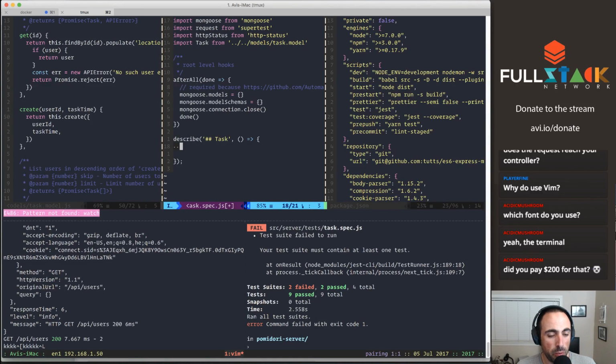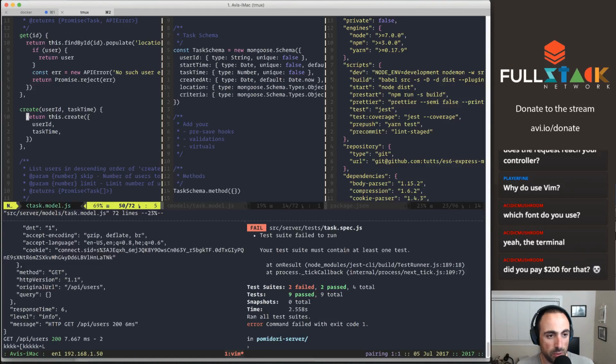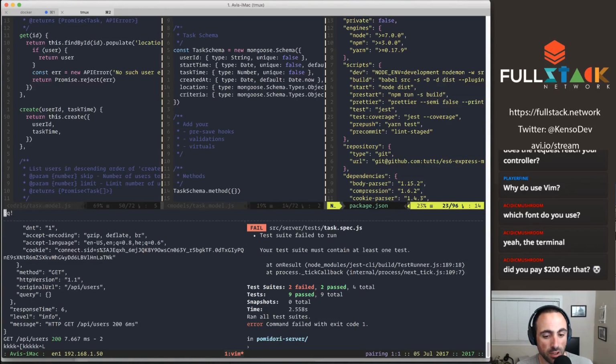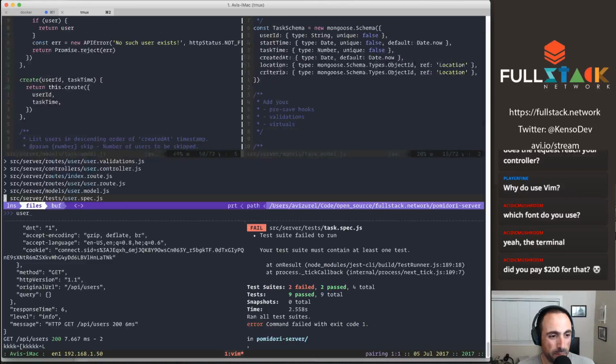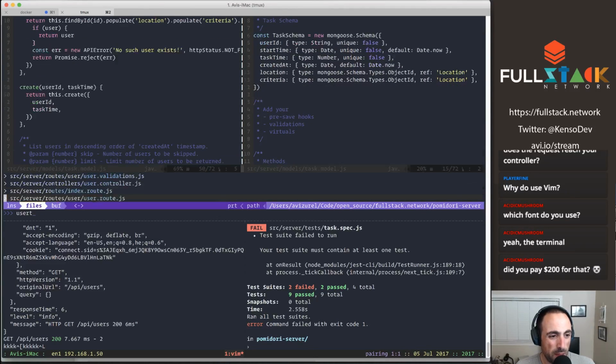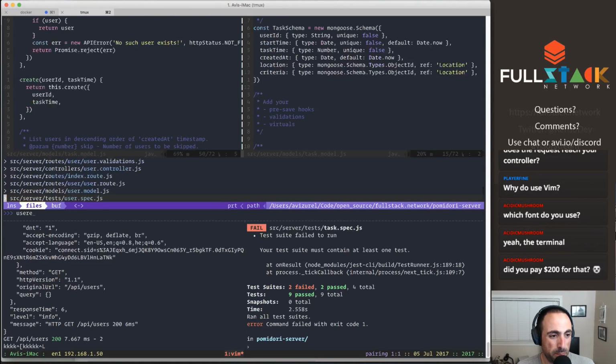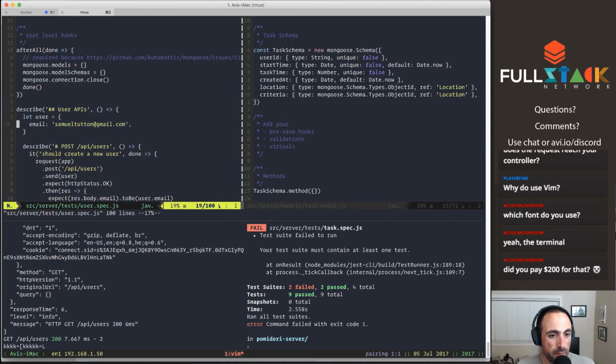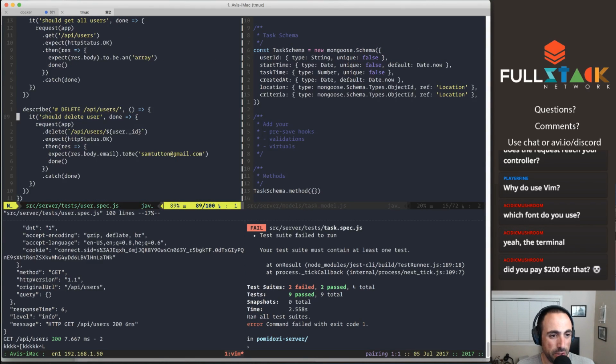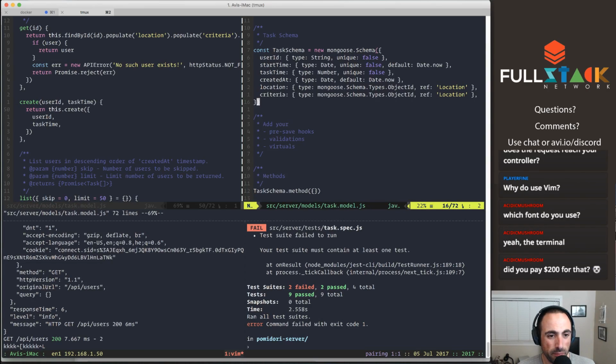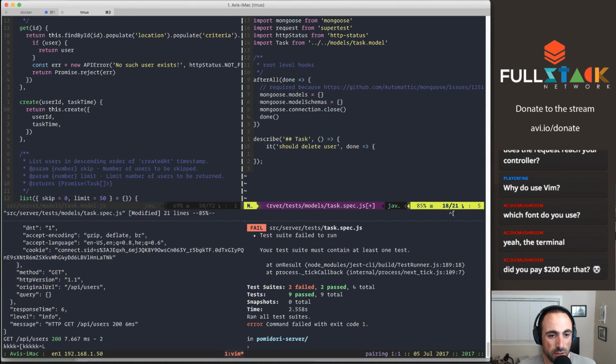So now what we're going to do is we're going to say, what? Too many splits. I think I'm losing it. So user spec, and yeah, we need an it. Great. So it should create task. And then here,